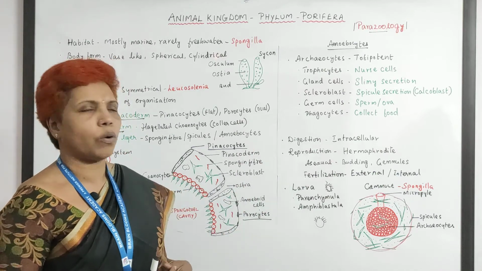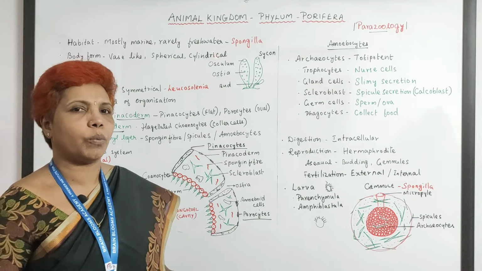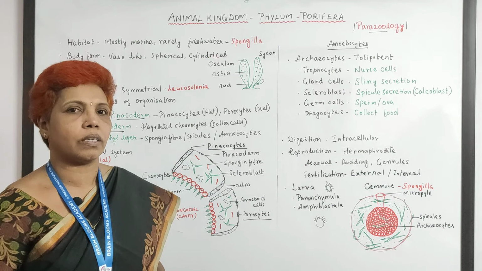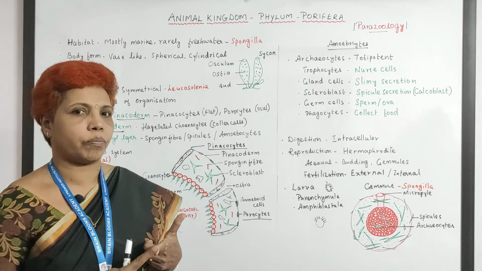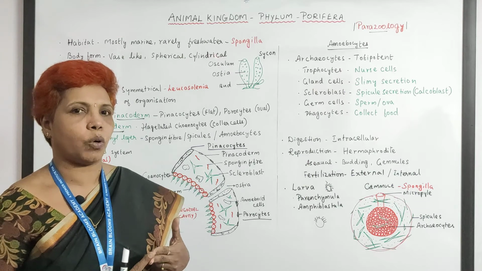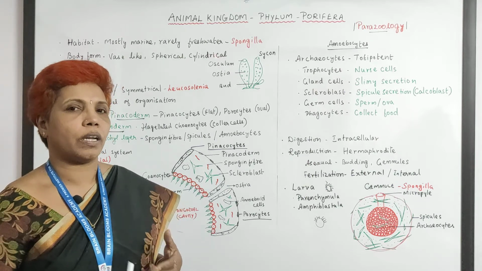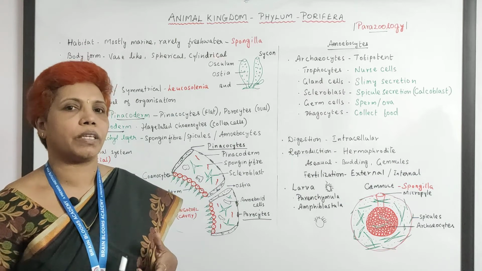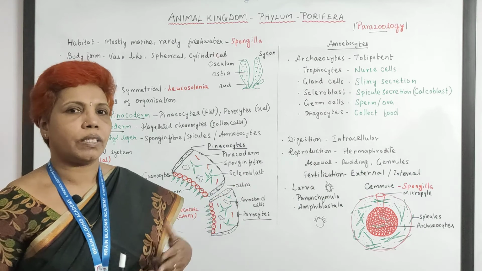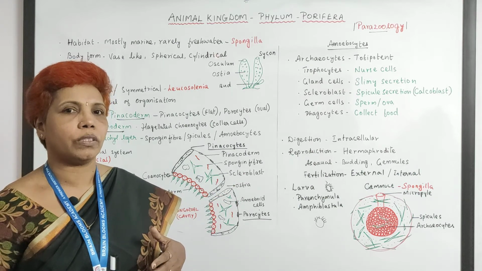And that's all about poriferans. It's very easy to remember. When you talk about Porifera, the most important things to remember are the water canal system and the spicule-forming cells. These two are very important, and they are mostly marine, and Spongilla is a freshwater form which is given in the NCERT. And these are very important. Even the amoebocytes and other things they've not mentioned, but you must know about all this,